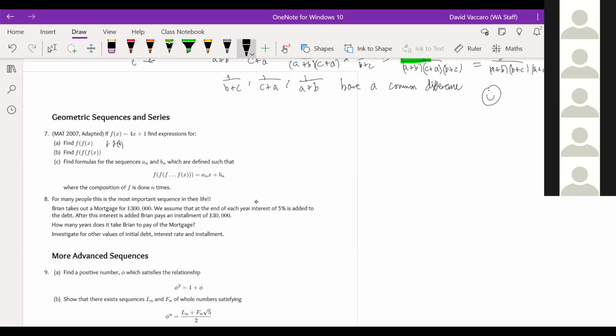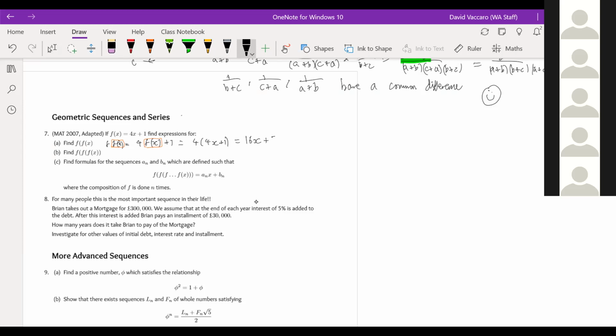So this is the same as 4 f of x plus 1, just replacing where I had x before. I'm now putting in my bracket f of x, but f of x is 4x plus 1, so this becomes 16x